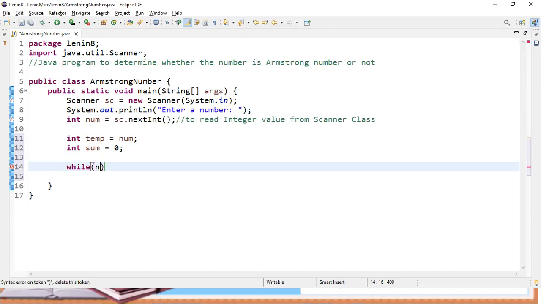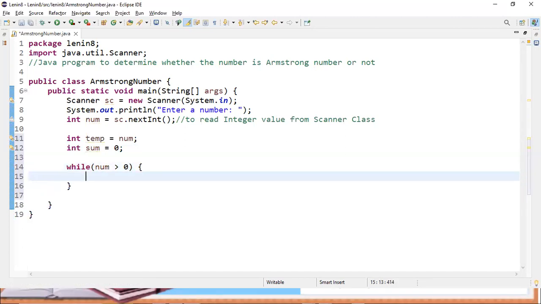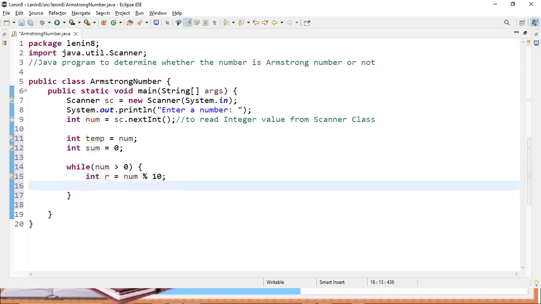So we have to continue as long as this num. While discussing I used n, but here I'm using num, I hope no confusion. As long as this num is greater than 0, the loop has to be iterated. So what's the first step in the loop? We have to perform the modulo division operator on this given number as input. Then the same thing has to be stored into a variable called r, for remainder, as an integer type variable. And the second step is we have to perform the cube of the number since it's a three-digit number. So r star